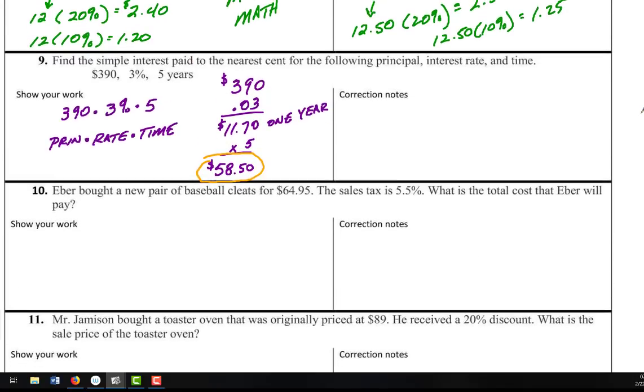Number 10. Eber bought a new pair of baseball cleats for $64.95. The sales tax is 5.5%. What's the total cost? You want to know what they're asking for. They want, in this case, the total cost. So here's what we know. We know that he paid